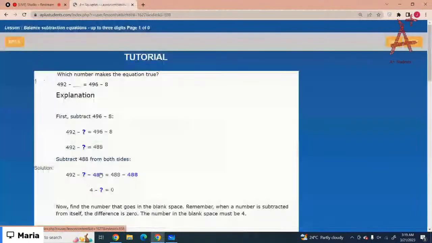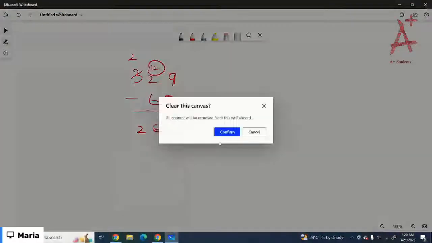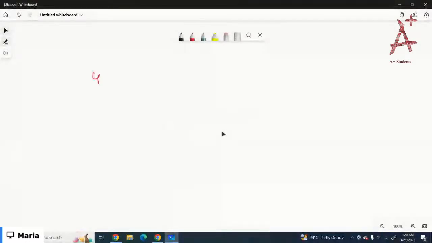Okay, let's just start with the first one. So basically you have to balance the equations. Balance means both sides of the equation must be equal. Got it? So here you have some missing numbers you have to find. Let's start with the first example, that is 492 equals 492 minus this number equals